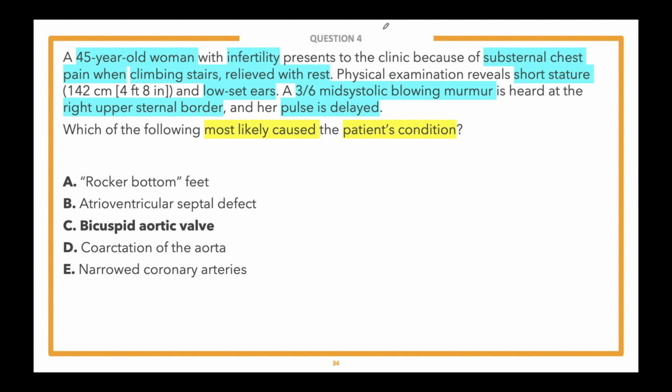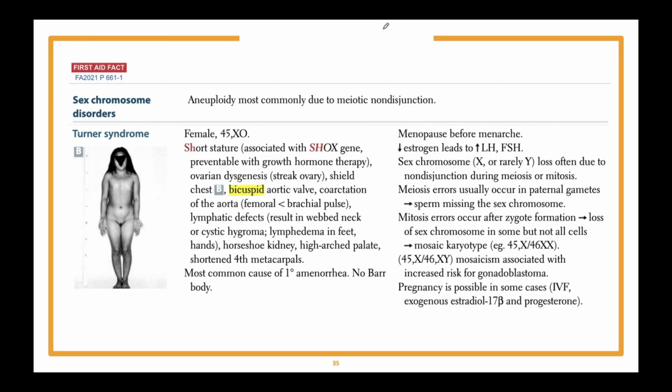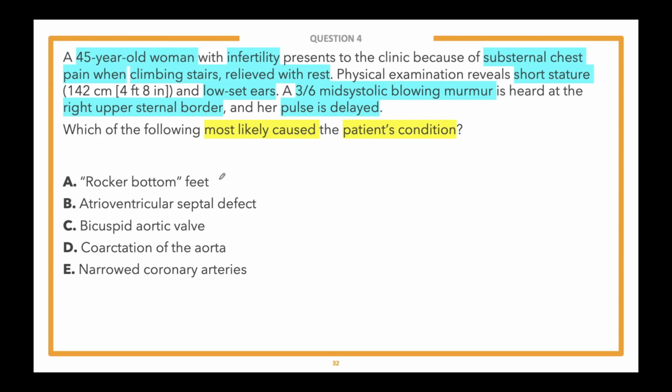Let's go ahead to the next slide, and Sean has pulled up a table looking at Turner syndrome. You can see there short stature and some other findings that our patient had as well, but that you can often have bicuspid aortic valve. You can also have coarctation of the aorta, but again, we determined that this patient had aortic valve stenosis, so bicuspid valve would be a better answer choice. So let's take a look at those answer choices and why some of them may be incorrect.